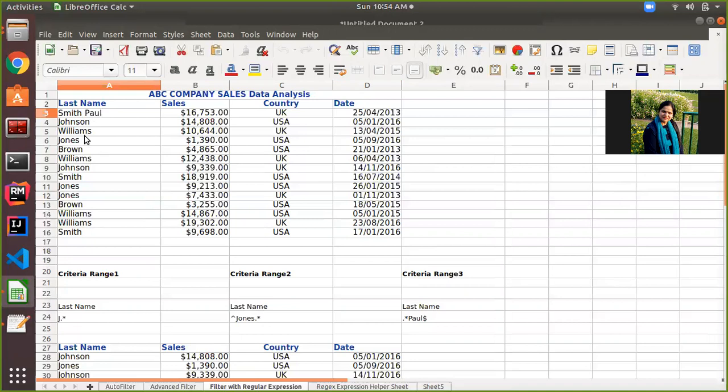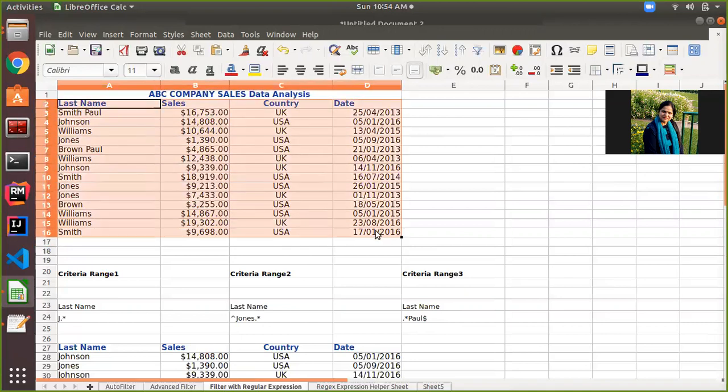And after Brown also, I will add Paul. Now I want to filter out those salespersons whose name ends with Paul. So I will specify my criteria like this: dot star, then Paul, then at the end I will specify dollar. Let's see what output it displays with this criteria.